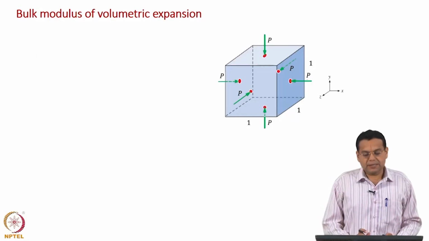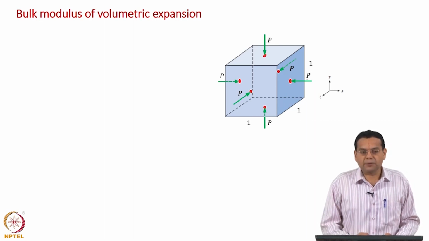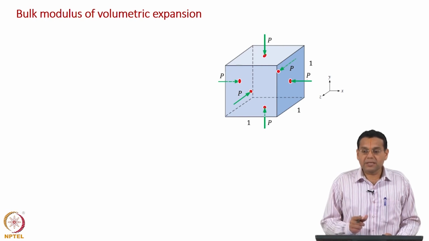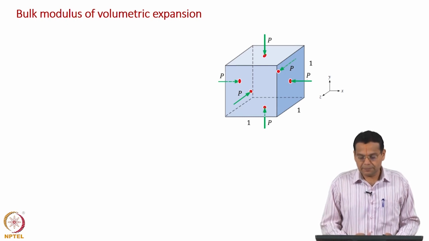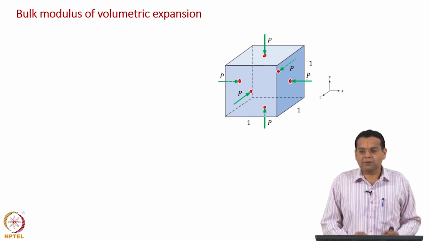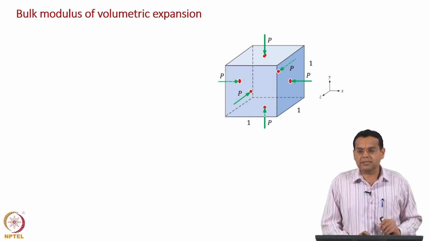Before we look at some applications, I would like to discuss one more material property. Obviously, this cannot be an independent material property, it should depend on the previous material properties only. Okay. What is that material property? Bulk modulus of volumetric expansion. In one way analogous to what I discussed under